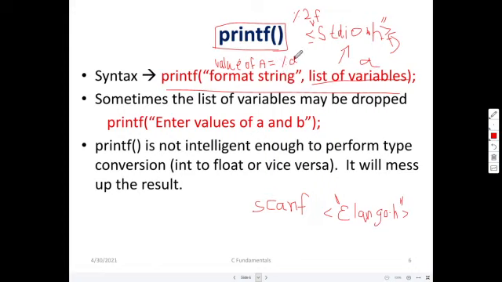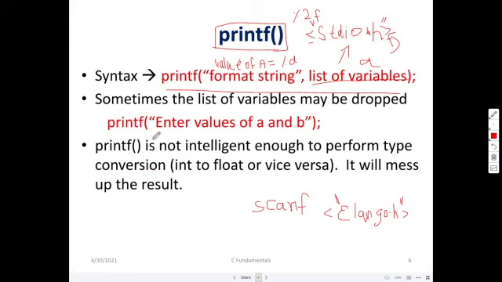You can even have no list of variables at all; then you should not have any format specifier. If you use a format specifier and have not mentioned any variable, it will print a garbage value. It will not pop up any error message.